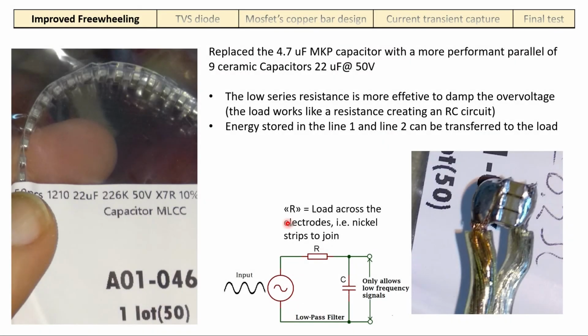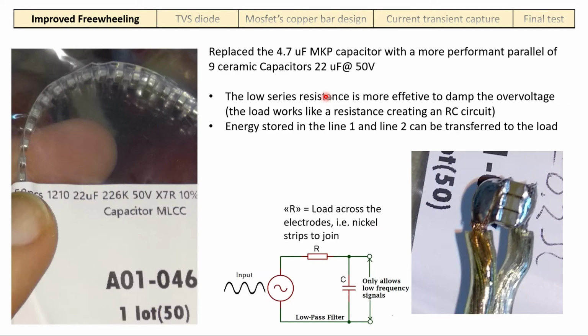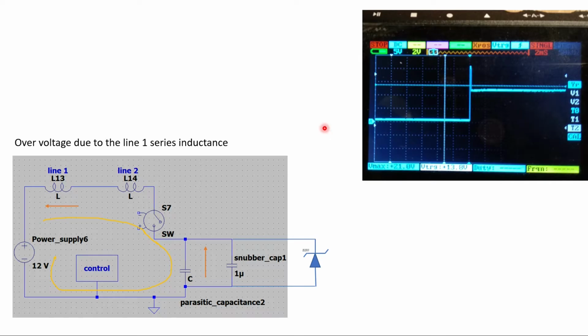Which are the advantages of this big capacitance? As I told you, bigger capacitance means lower voltage increment. But there is also another advantage. If you think about the freewheeling,